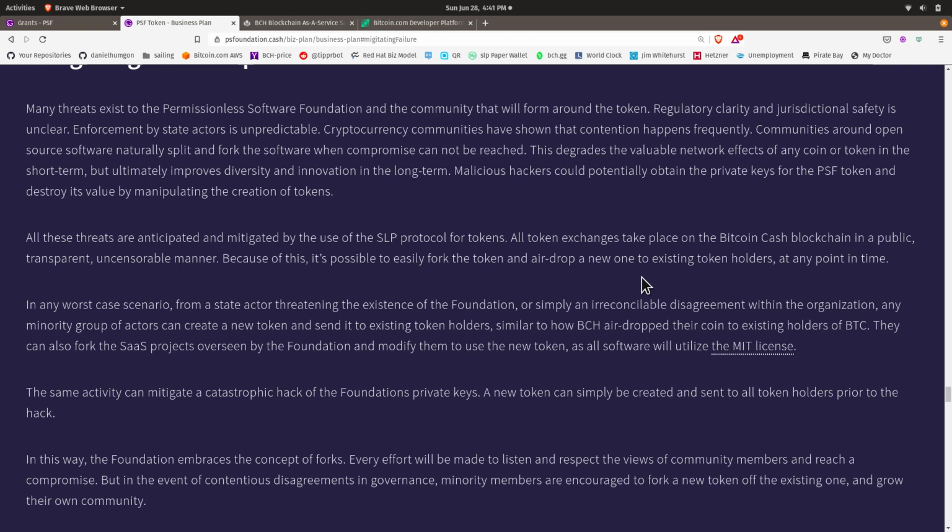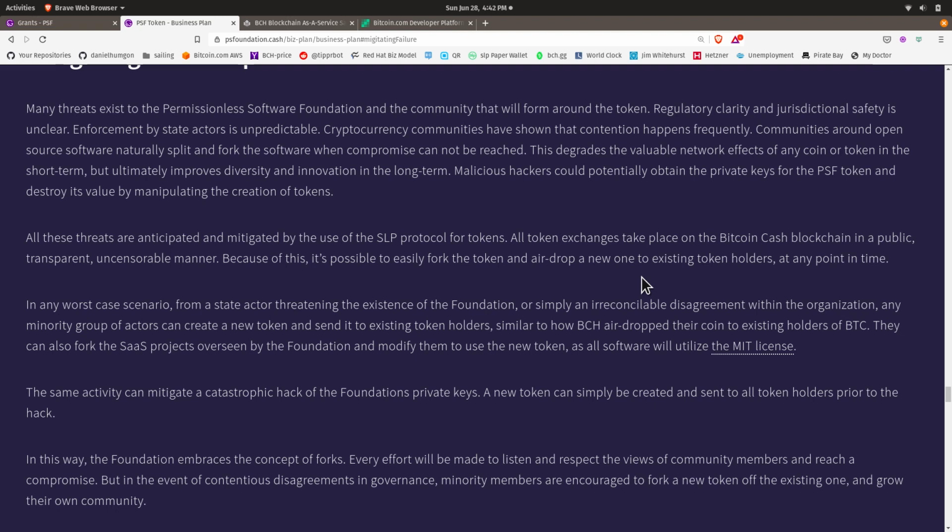And all the software is MIT licensed and open source, so anybody can fork the software and just keep chugging along. And we're going to follow best practices, the management, in terms of having multi-signature wallets for minting new tokens and for holding the balances. And so any one person disappearing for whatever reason would not seriously jeopardize the organization. So that's how, by doing everything transparently and on the blockchain, it helps to mitigate a lot of these potentially